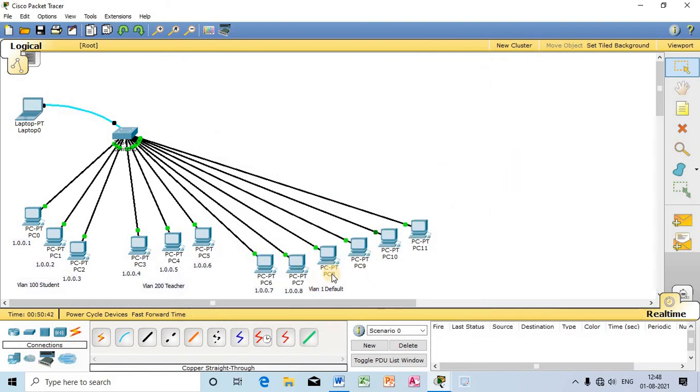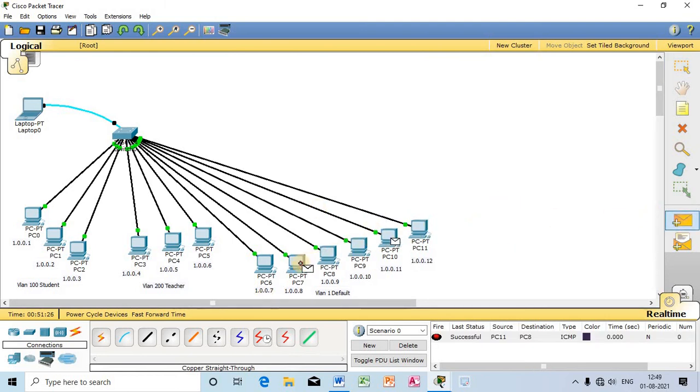Okay, all of these will fall under the same VLAN. So all these computers can send packets among each other.